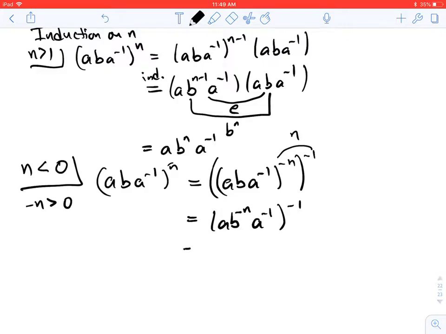Now we saw in a previous video that if you want to find the inverse of a product, you're going to take the product of the inverses, but in reverse order. So I take A inverse and I invert it. I take B to the negative n and I invert it. I take A and I invert it. Now the inverse of an inverse is just the original element, A. B to the negative n to the negative 1 is just B to the n. And A to the negative 1, well, is A to the negative